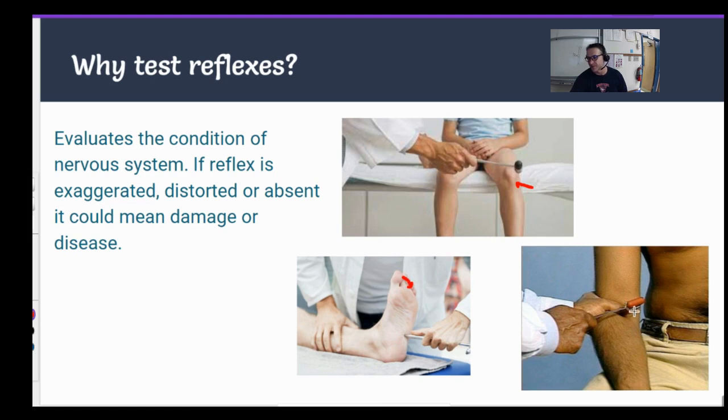And here's the brachial reflex, the biceps brachii reflex. So he's going to hit the little hammer on top of his thumb. And it's going to cause his biceps to contract, which is going to make his arm come up. All right, so these are all different